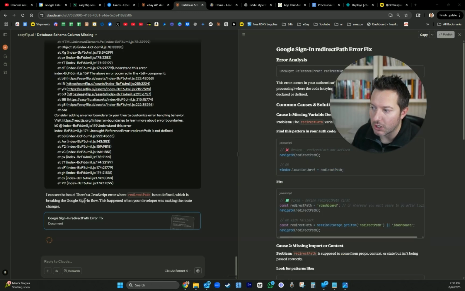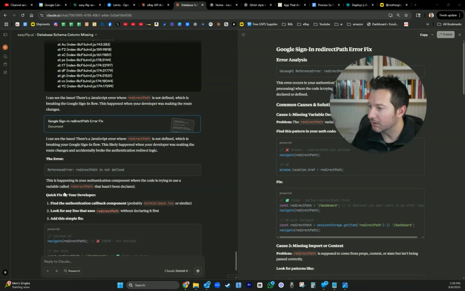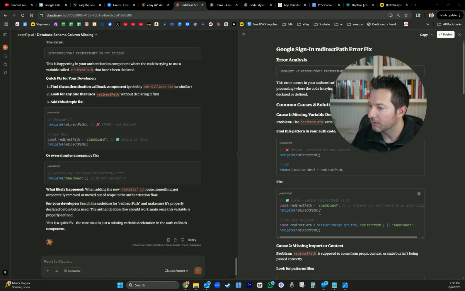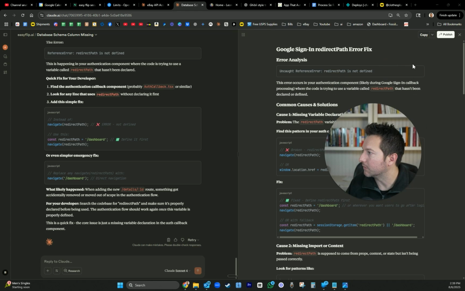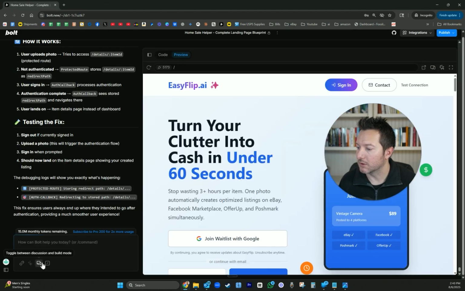Okay, it says I can see the issue. There's a JavaScript error with the redirect path. It is not defined, which is breaking the Google sign-in flow. This happened when your developer was making the route changes. Okay, I see the issue, the error. Boom. Okay. So I'll copy that error, go back to Claude, or go back to Bolt, go to the discussion and say,